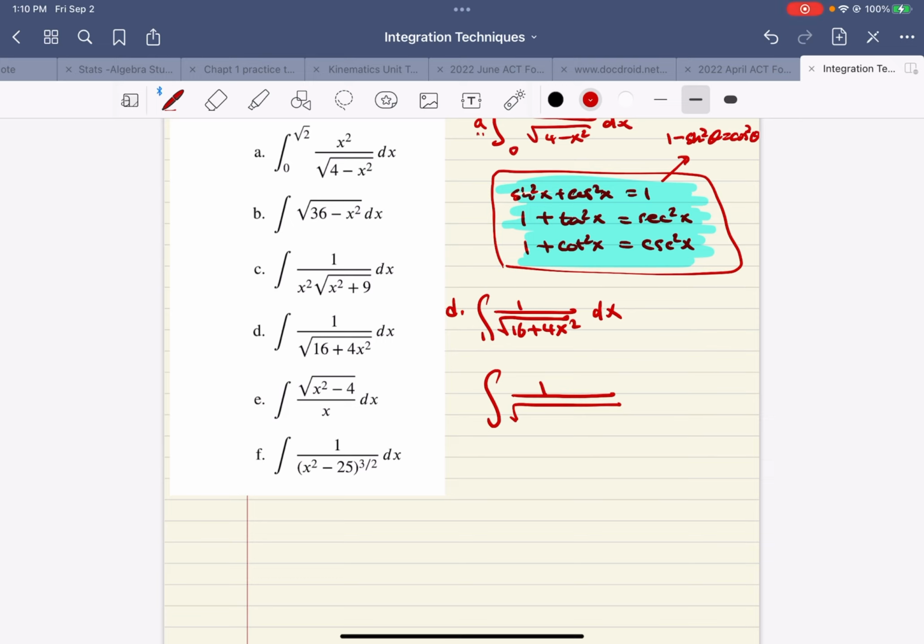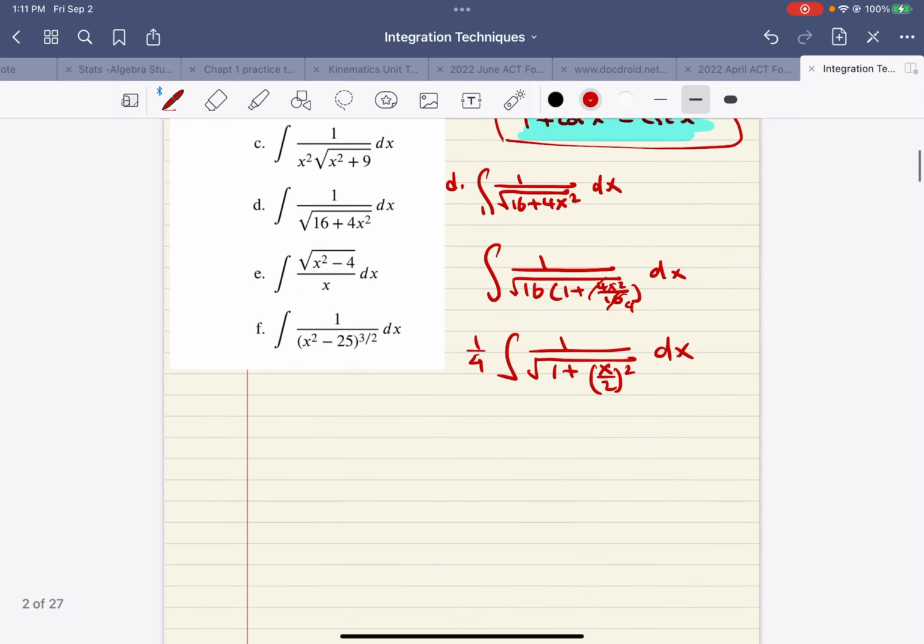Okay, you can take out the 16. Yeah, you can take out 16. Then 1 plus 4x squared over 16, like that, and dx. So then 1 over 4 integral 1 over square root 1 plus, you can say this one 4 out of 16. So that's 1 out of 4. So x over 2 square